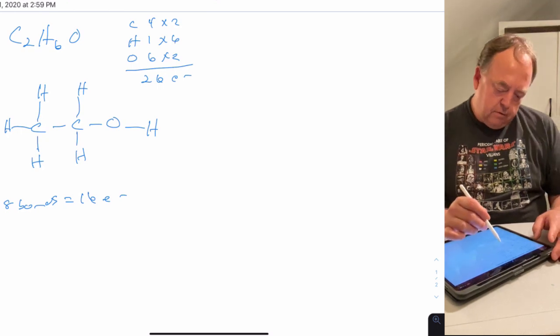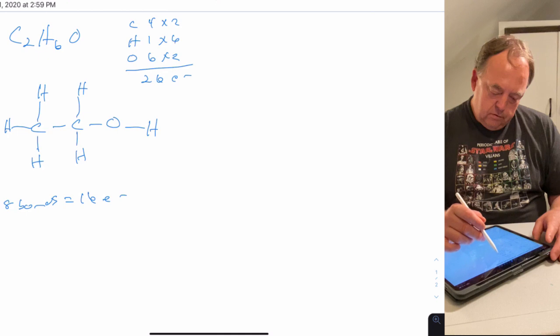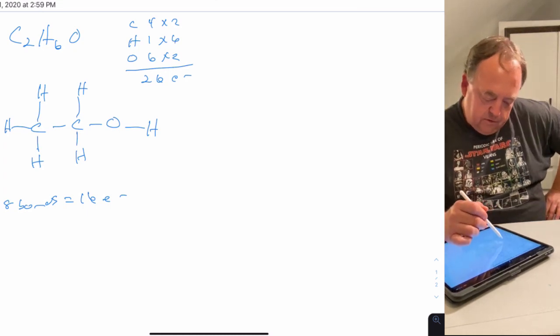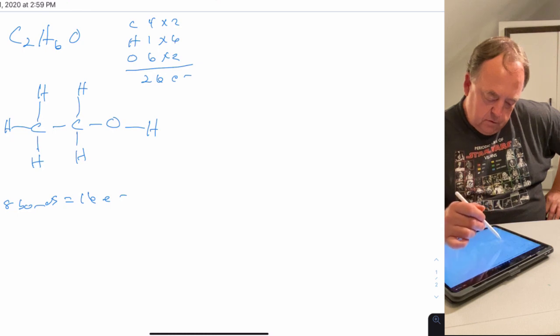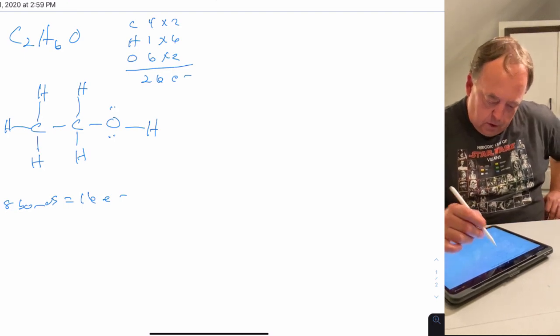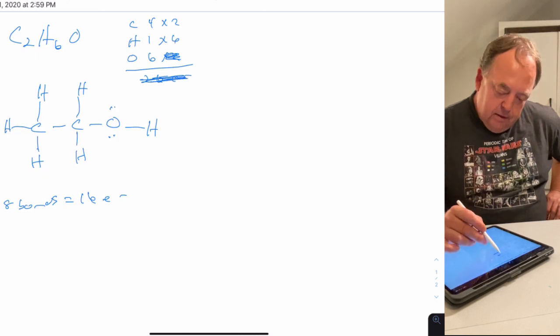Did I do this right? What did I do wrong? I must have counted my electrons wrong. 26. Okay, what am I doing wrong? 2, 4, 6, 8, 10, 12, 16. Okay, I counted electrons wrong somewhere. Oh, there's only 1 oxygen. There we go. So 8 plus 6 plus 6,